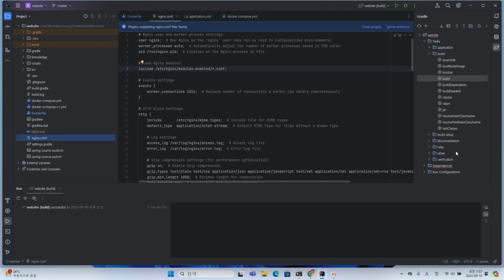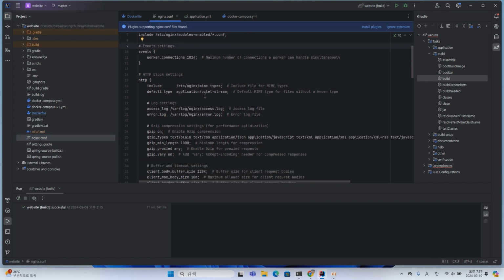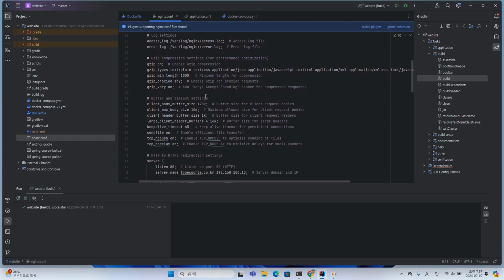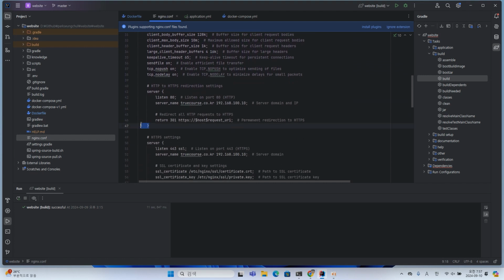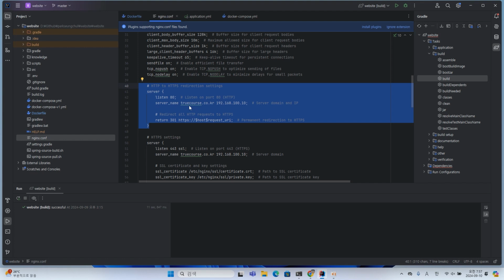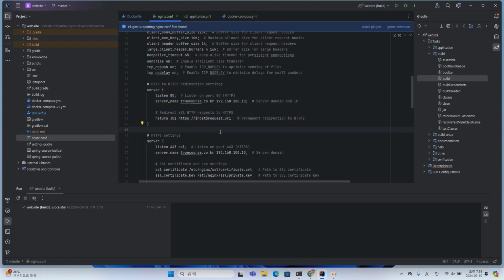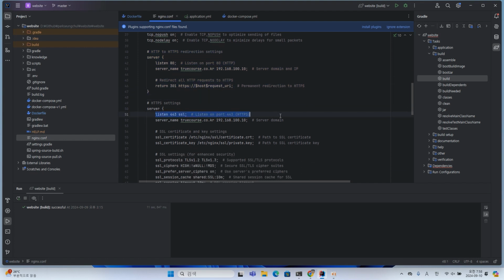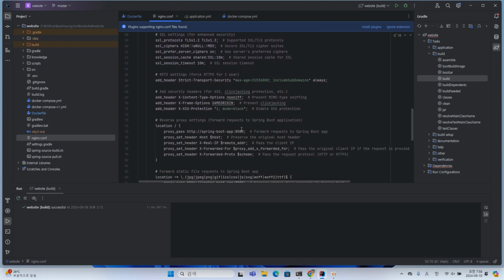In the Nginx configuration file, there are 3 key points to check. HTTP to HTTPS redirection settings. Reverse proxy settings, container name and port.